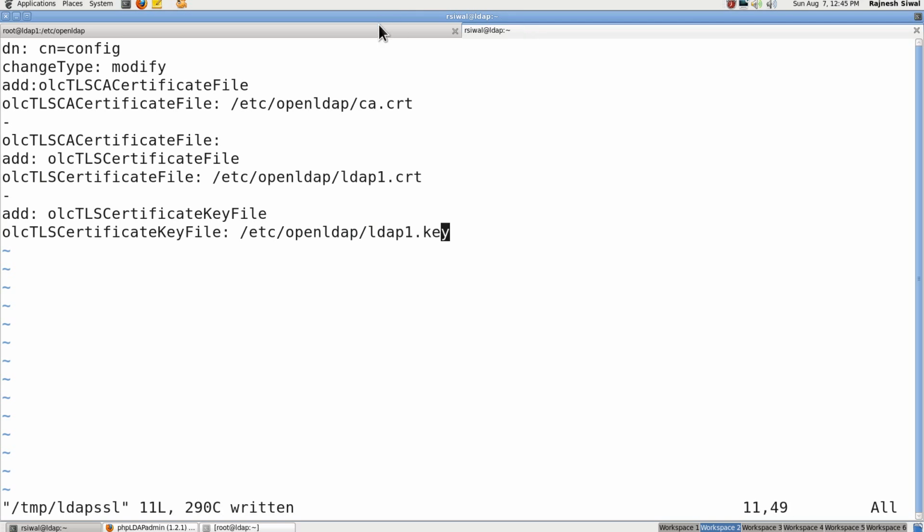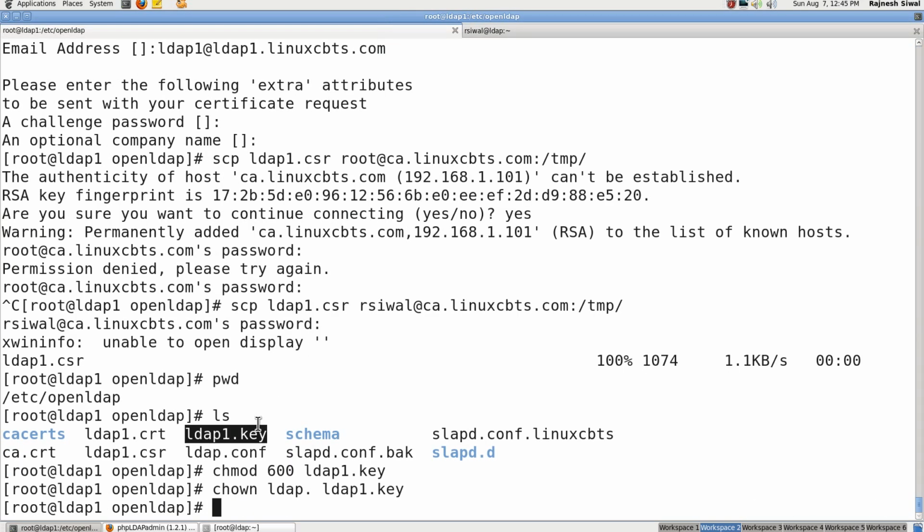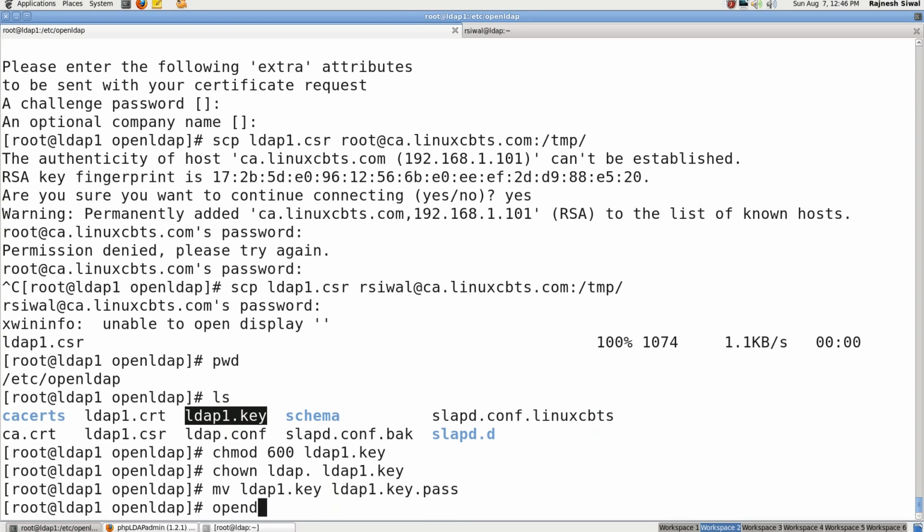Please note one thing: in case ldap1.key is still having a password, we'll have to supply the password each time we start slapd. So the best way is to remove the password from it. With password, move it to a different location.